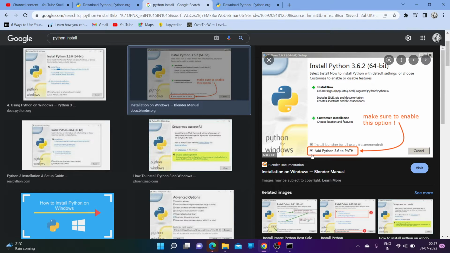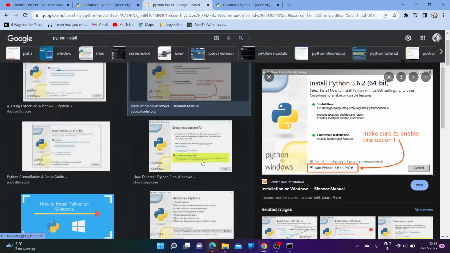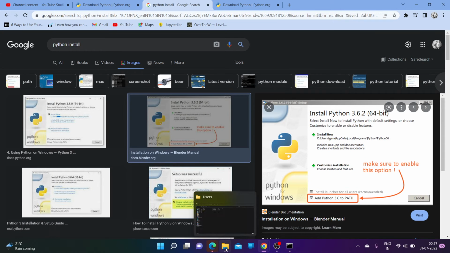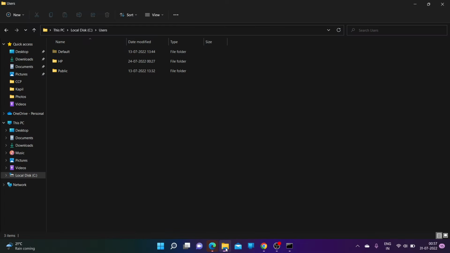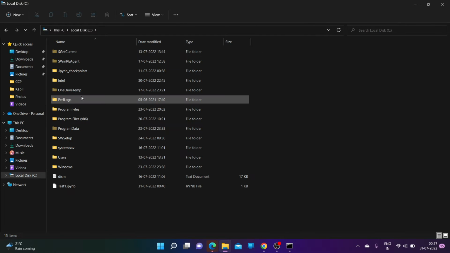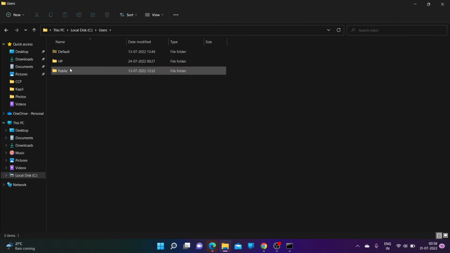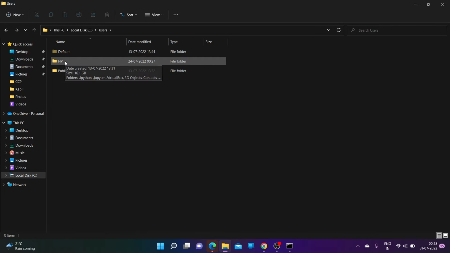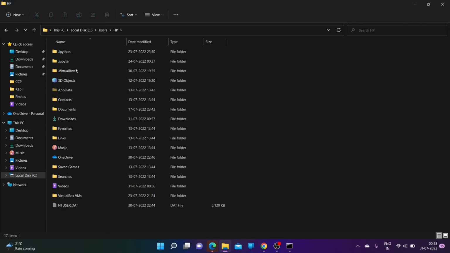In this screen you can just tick mark this, add Python 3.6 or 3.10, whatever, to the path. Tick mark this and follow the steps to install it, and then the installation will be successful. Once you are done with the installation, you can see where it is installed. You need to go to the C drive, then Users, and let's say your user name. My name is Kapil, so I am going to my user folder, and then you need to go to the